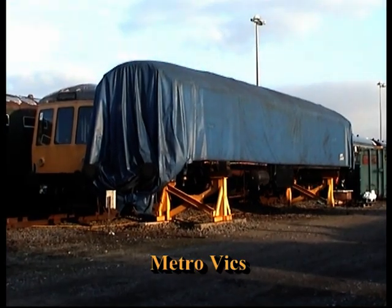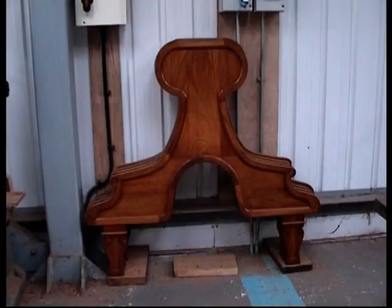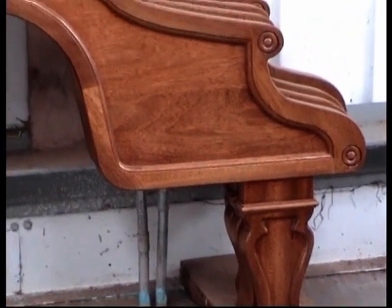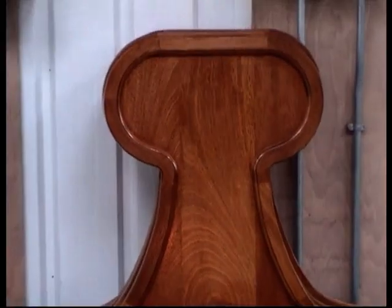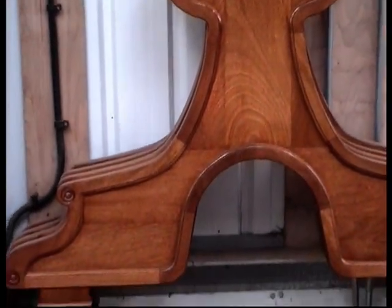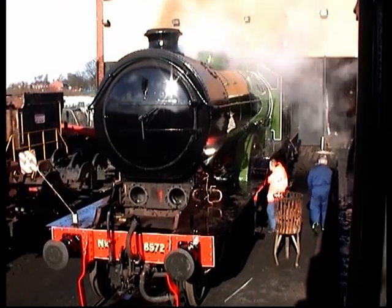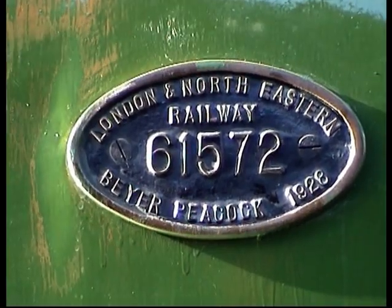The Metrovix body is still off of its bogies, and in the workshops some C10s were being created, and I'm sure you'll agree that Keith has done an absolute magnificent carpentry job on recreating these seats for our Royal Scot carriage. And turning out superb jobs, let's just take a look at Gorton built